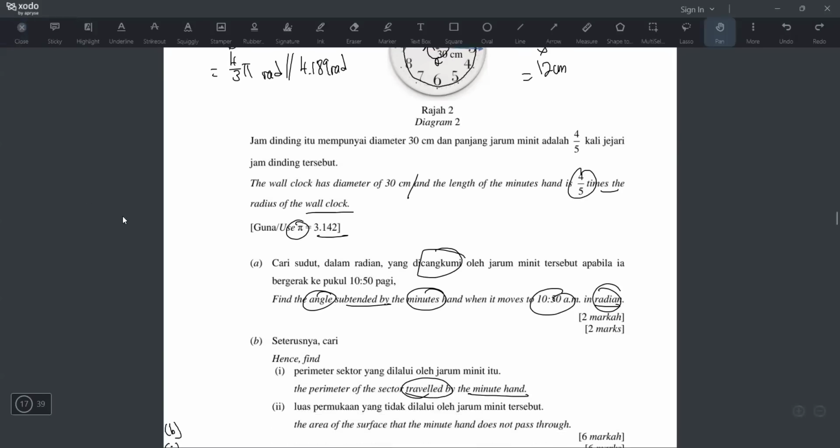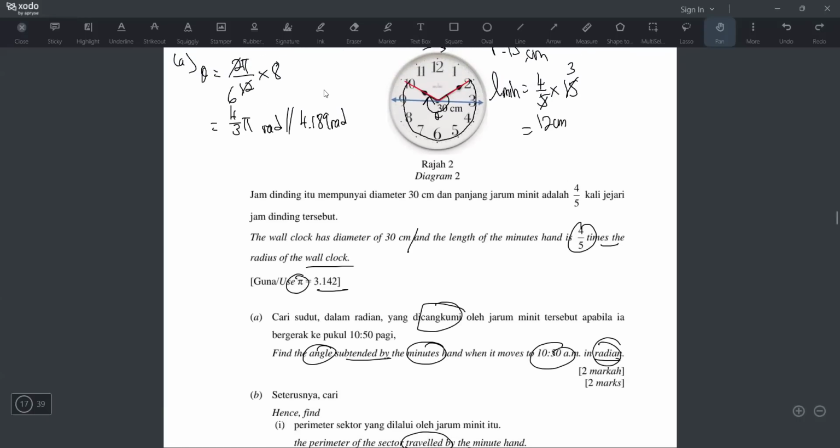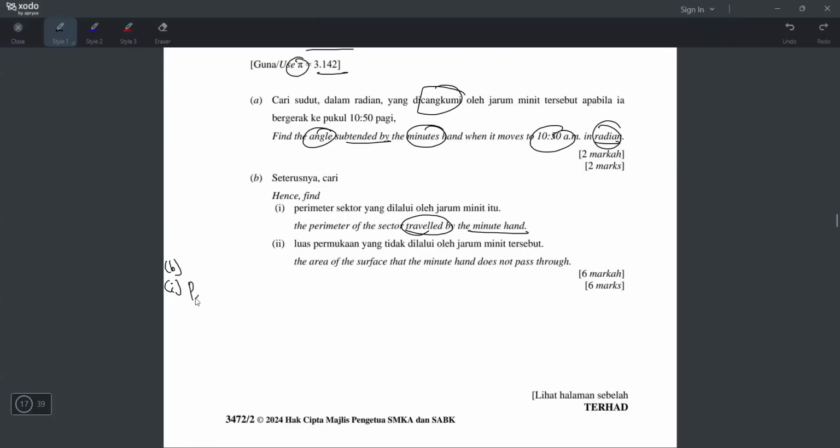Okay, so the question says perimeter of the sector traveled by the minute hand. I think what they mean is the perimeter of the sector traveled by the minute hand. It means I am only finding this sector. It means the sector is here, here, here only. Later when I find the perimeter, I'm finding 12 plus 12 plus this arc. Not 15, 15. It will be 12, 12. So I'll do it here. 12 plus